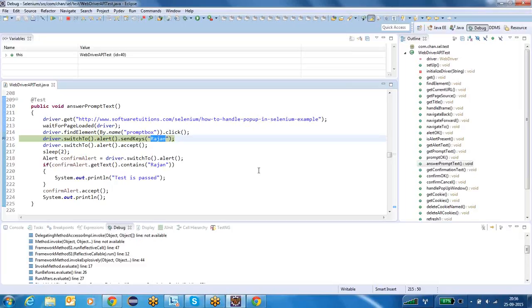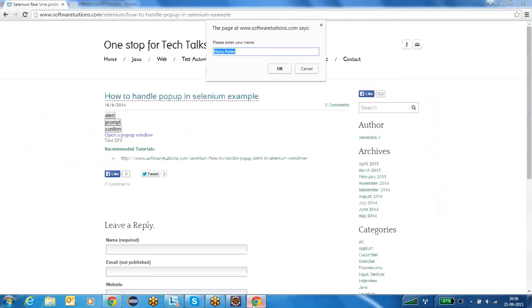Okay, I am executing it. driver.switchTo().alert().sendKeys Rajan. But I told you, you have to remember one thing. Unlike text boxes, you cannot see the text here. In text boxes, if you call sendKeys, the text will be entered and you can see it, right? If I call sendKeys on top of this search box, definitely you can see it.